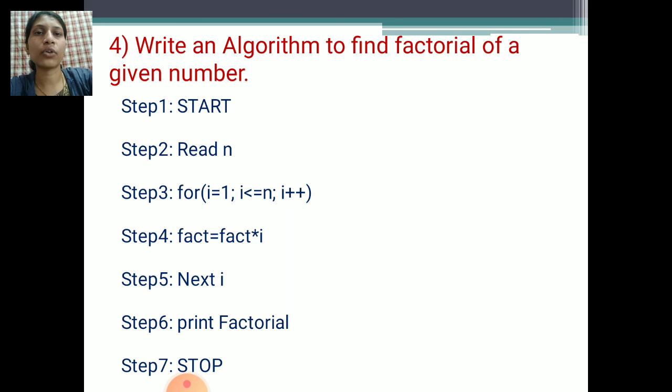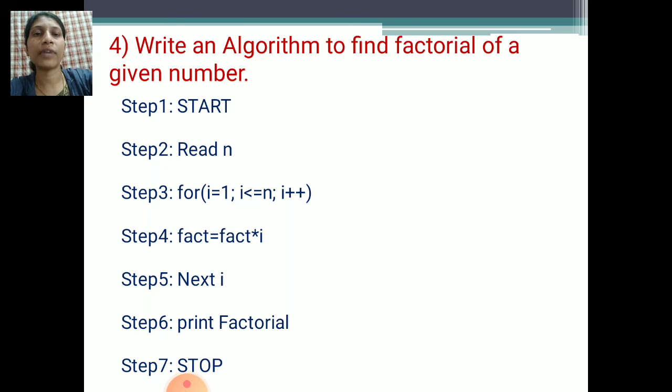So write down the algorithm. Step 1 is start the algorithm. Step 2 is read the input you are giving to the computer for processing, that is, read the number.